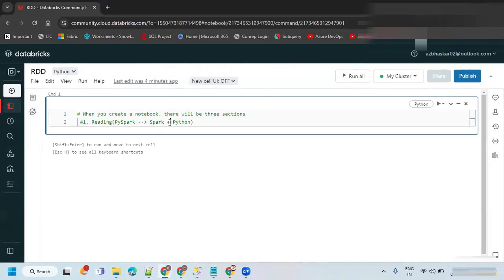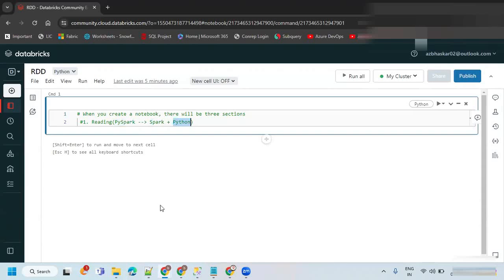In place of Spark plus Python, people can even use Scala also. The Spark engine in Databricks was designed with Scala, so you can also use Scala. They are not calling it Spark Scala because Spark itself is designed with Scala. Because of that reason, we're just calling it Scala. But when it comes to the others, Spark plus Python is PySpark. So we can use this.